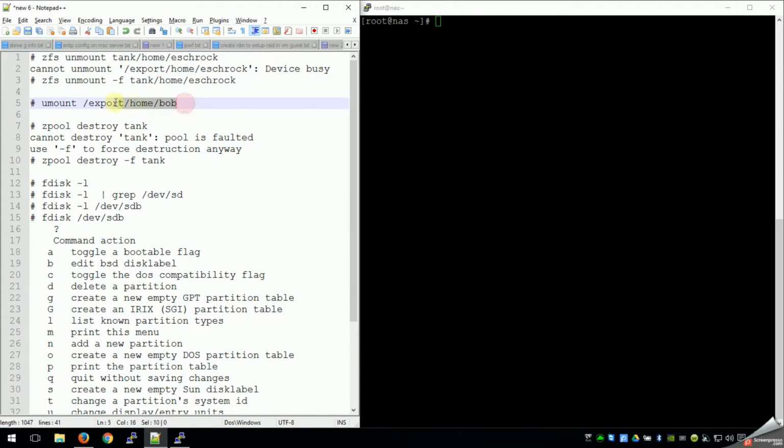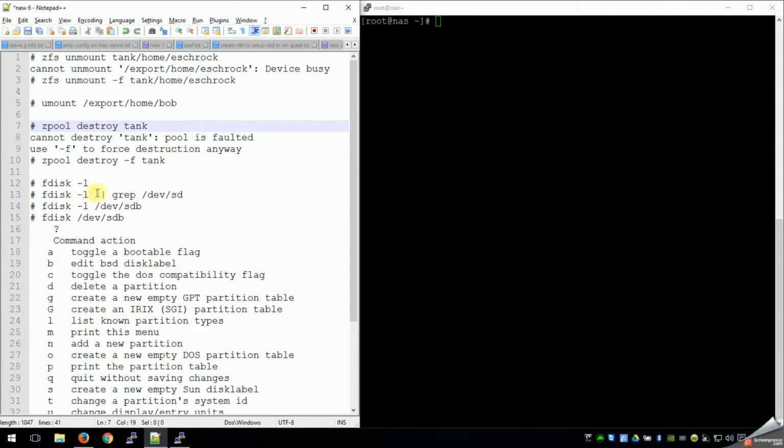There's also the legacy command of just umount, which is supported too, but I like to use the ZFS unmount. Then we'll go ahead and destroy the pool itself. In this example it says tank, but mine is called myRAID, so I'll be changing that. And then I can go into each of the separate drives via fdisk. Running fdisk -l will list all the physical drives that I can manage with this,